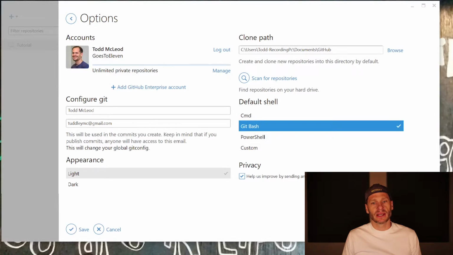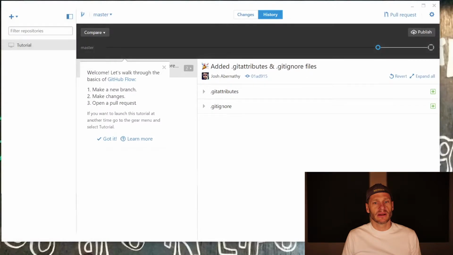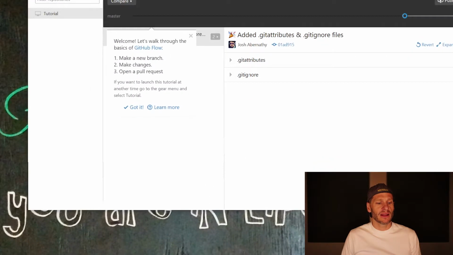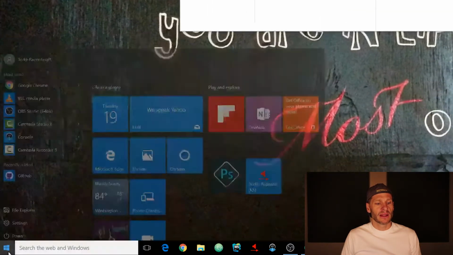I want to use Git Bash as my shell. And help us improve by sending anonymous usage data, I'll take that off. And the clone path is right there, that's fine. And appearance, light, dark, safe. So I just want to make sure it's Git Bash. There we go. So now I have that, and now I can come over here, and I can look in